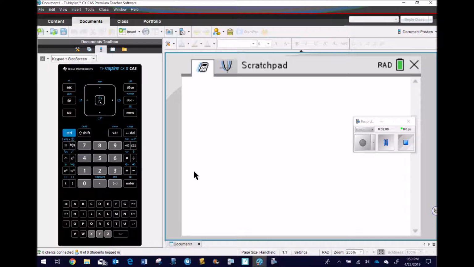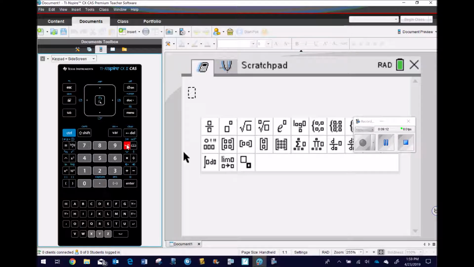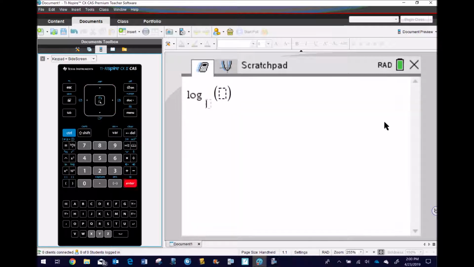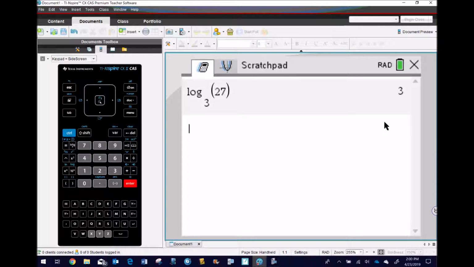Now, in this case, I have a TI Inspire, and I have to push a button and access some special things right here. If I go to this option right here, this one allows me to input any base that I want, and then I can put the value in. So this would be our problem A, and this should give us an answer of 3,